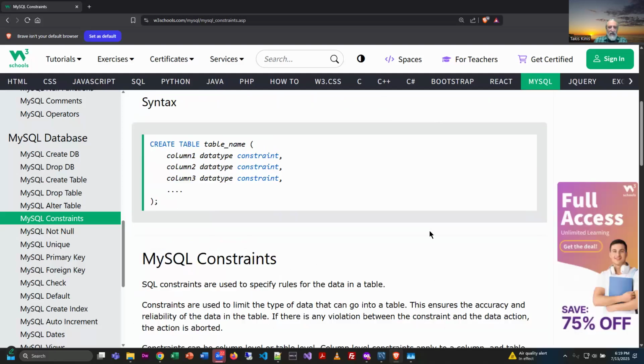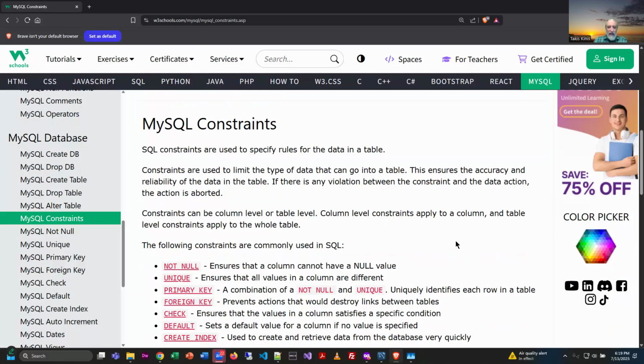The general syntax. And let's talk about why we do this, right? Constraints are used to limit the type of data that can go into a table, and it ensures the accuracy and reliability of the data in the table. If there's a violation between the constraint and the data action, the action is aborted. Constraints can be at the column level or table level, and that's kind of interesting. Column level constraints apply to a column, and table level constraints apply to the whole table. So some of the ones